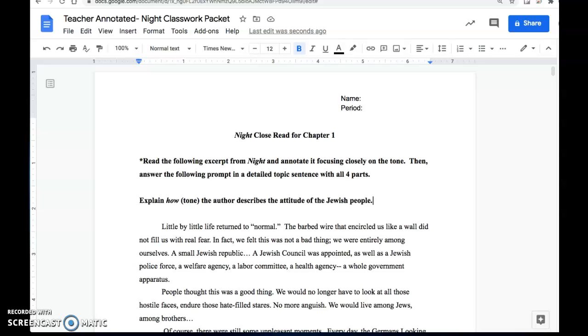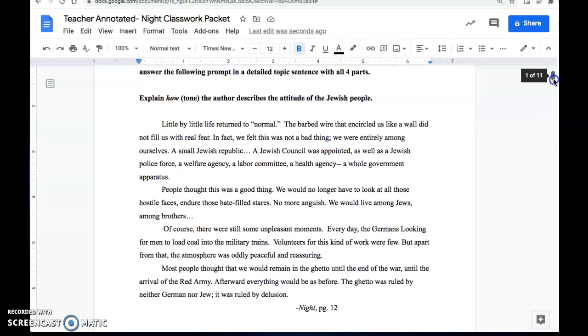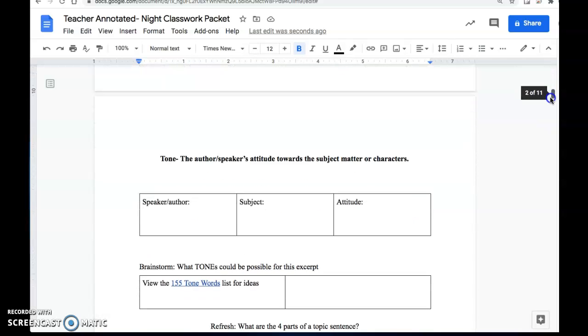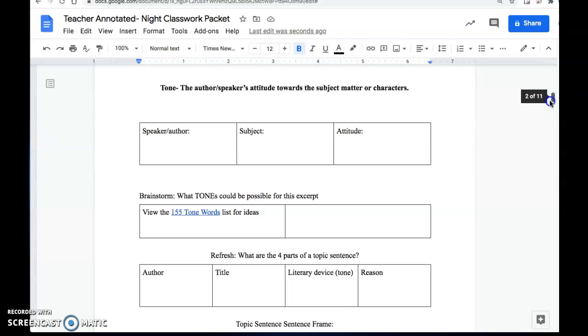If you weren't in class last week, week 7, what we did is we read to page 12 together and talked about the exposition of the story. We took time to break down this prompt and then annotate this close read from page 12. We're going to do that together in this video, and you'll see that on page 2 of your classwork packet, there's some information here. So remind yourself that tone is the author or the speaker's attitude towards the subject matter